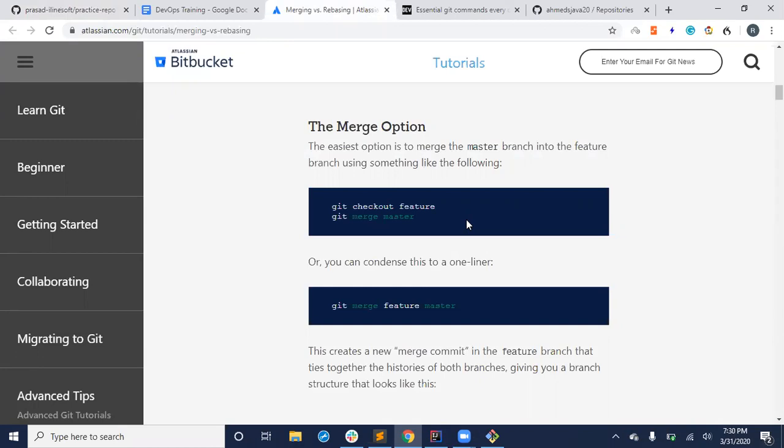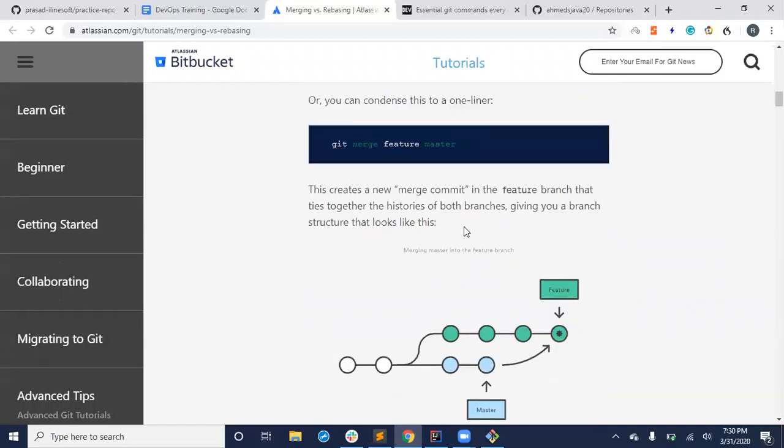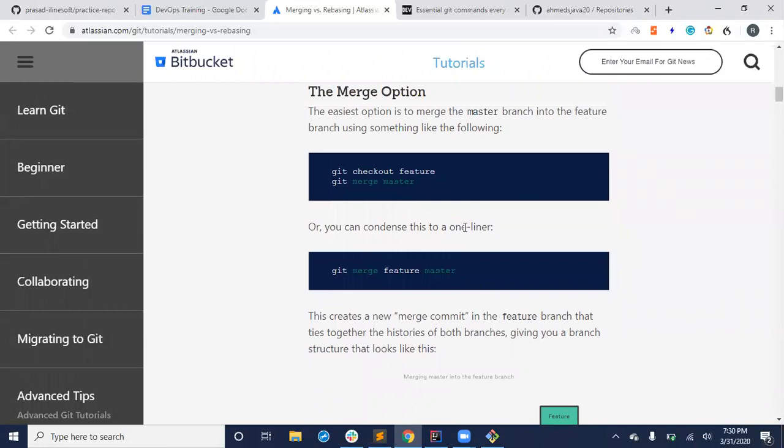Got it, Hashim? Yes, Raghu. Yeah, this is simplistic stuff I just wanted to show. We can do it from the command line. This sounds more difficult, but you can see it in this way, and if you want, you can practice. Like, how do you want to do the merge? How do you want to practice it?